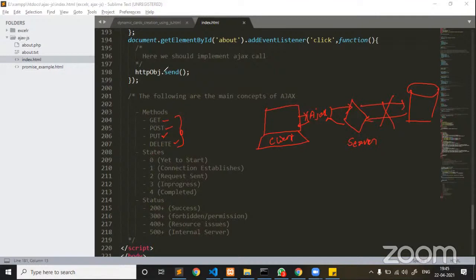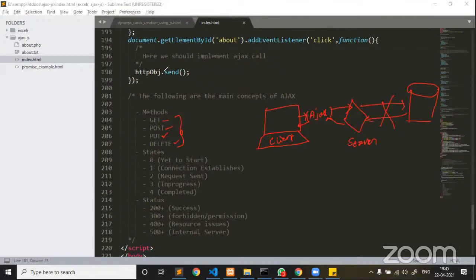So, make sense? Now get, post: there is no push method, no post-push. It is either the get method, post method, put method, or delete method. There is no push.